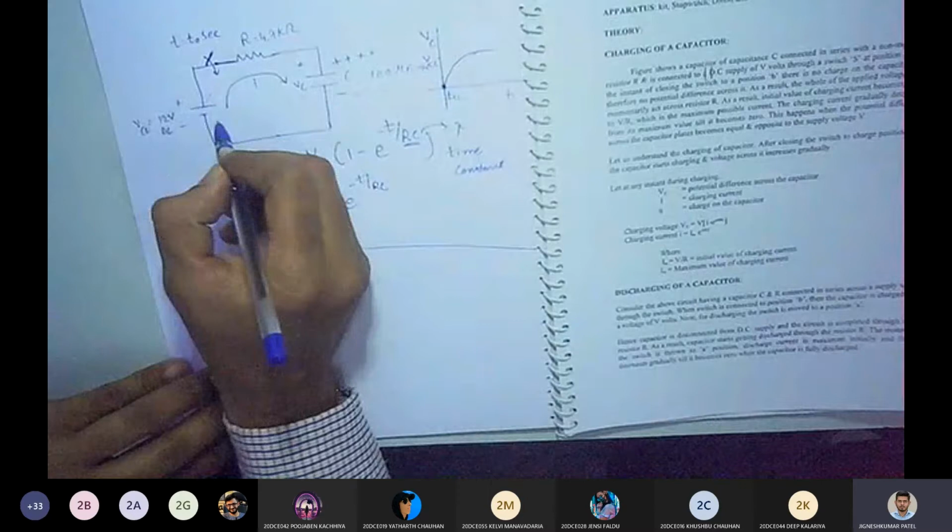So now what we are going to do, first we have done charging by using an additional power source. We have used a 12-volt battery, and using this 12-volt battery, you have tried to charge this capacitor. Once your capacitor is charged to 12 volts, there is no potential difference between the two. That's why your current decreases to 0.